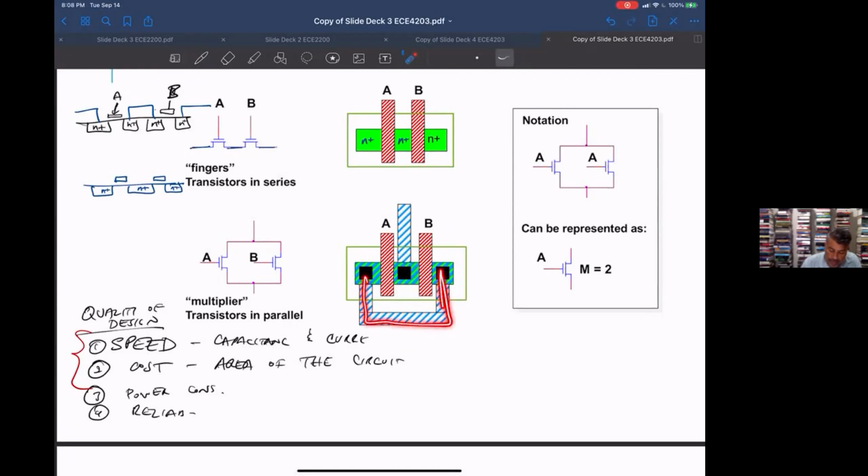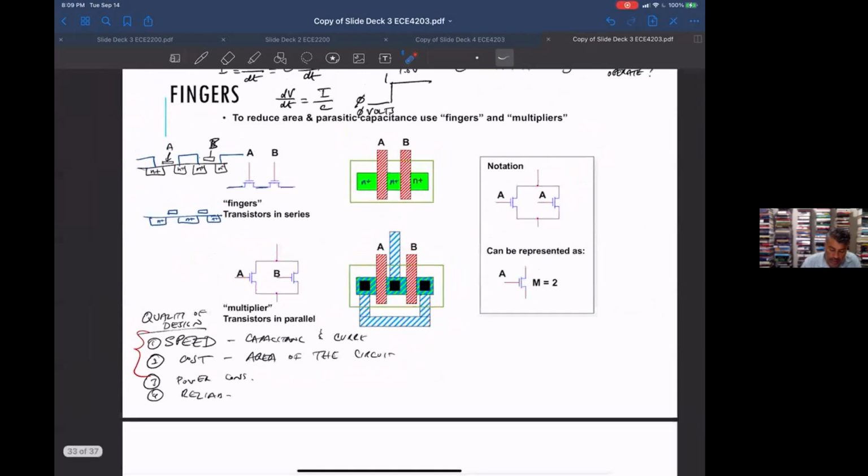If this guy still hasn't reduced the capacitance, but let's say this guy goes to ground, in the case of an NMOS this would be a NOR structure. Then this point would be connected to ground, and I don't care about the capacitance. So we'll see that. But basically you can get area, which means cost, and improve some of your performance basically for free if you use this kind of finger approach